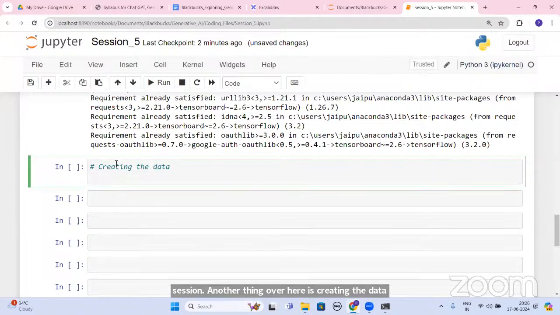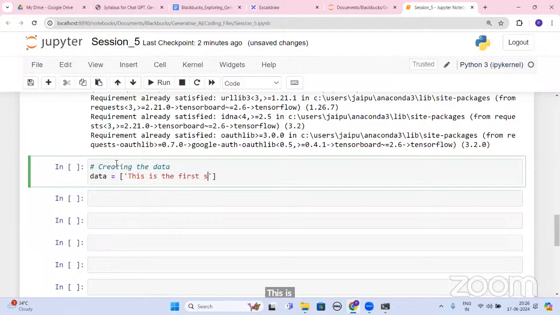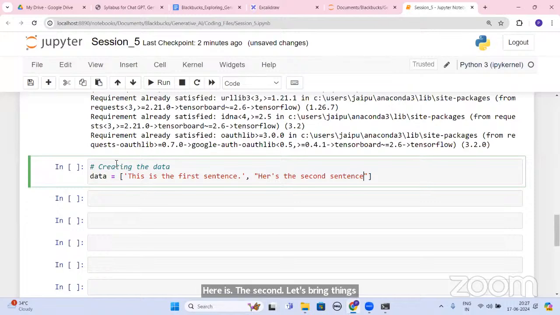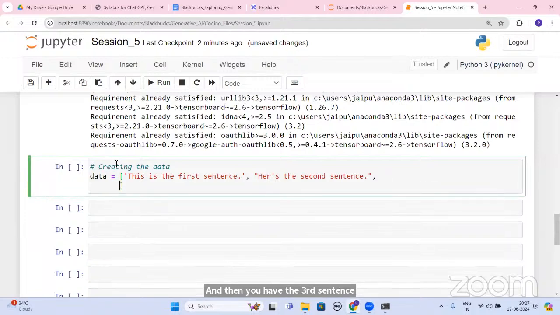The data is equal to: this is the first sentence, comma, here is the second sentence, and then you have the third sentence, finally the third one.